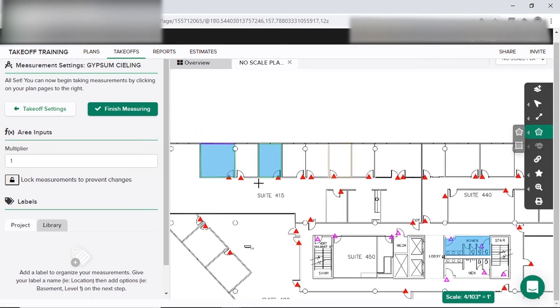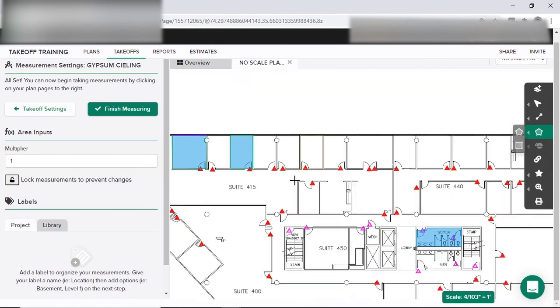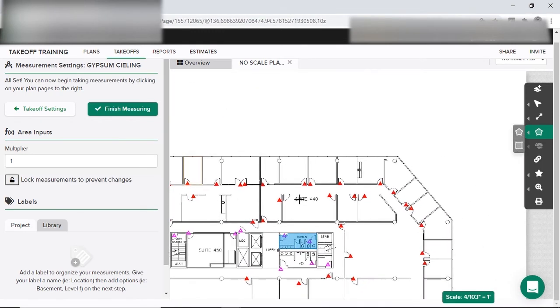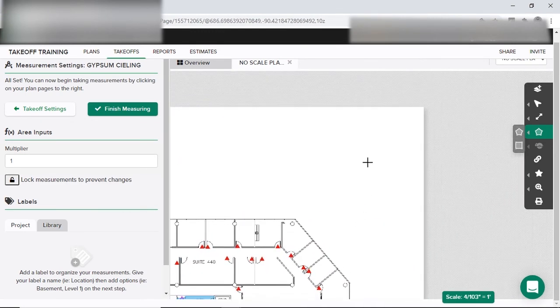Now, this is just my way of doing it. This in no way is the perfect way or the right way or the only way to measure. This is just my way of doing it. I'll say it again, the detail is going to be on the notes. This is just an empty sheet with no scale, and I'm just showing you certain tools and certain tricks and the way I understand, the way I do it and measure and do takeoffs, but it has no keynotes or